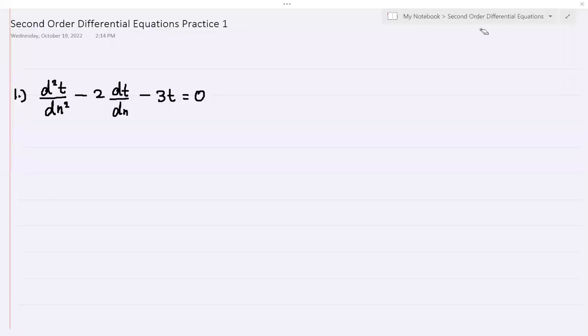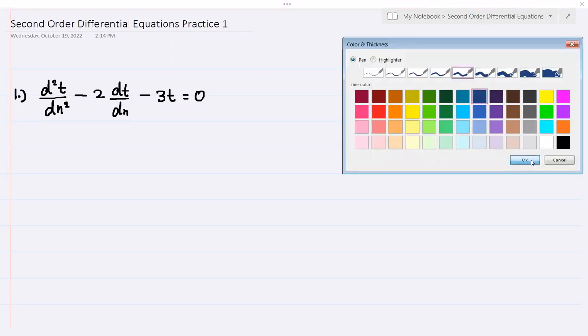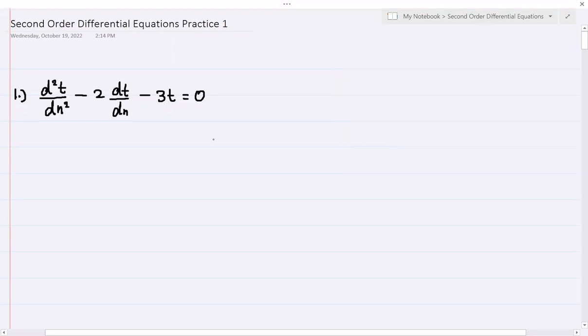So let's have our first practice video about second order differential equations. This video comprises the topics from second order homogeneous differential equation up to the second order non-homogeneous differential equation 2.2, a given polynomial function. So let's begin. So here we have d squared t all over dn squared minus 2 dt all over dn